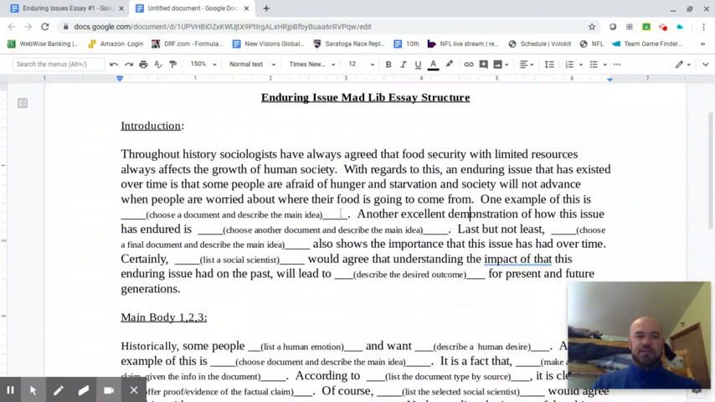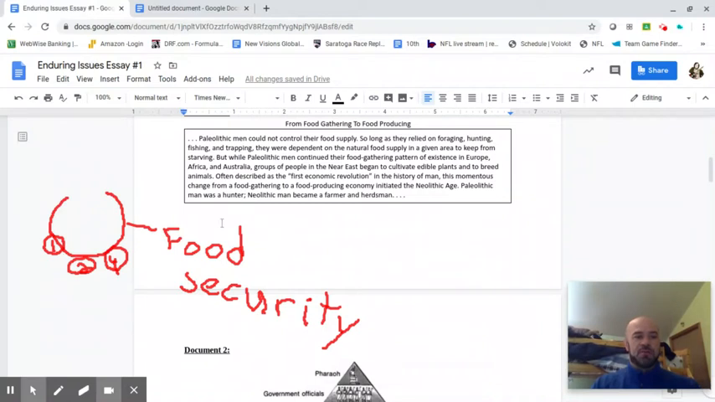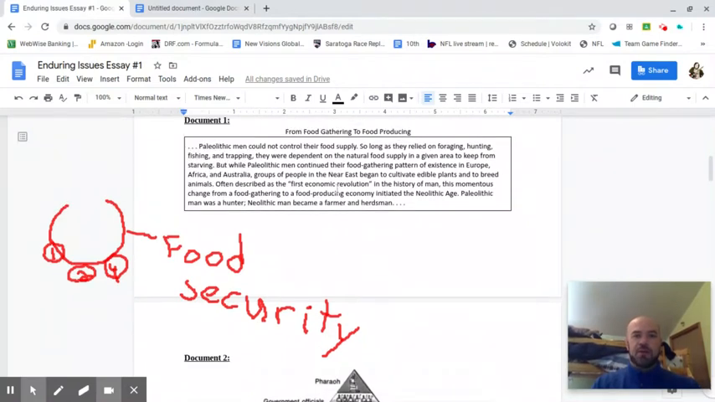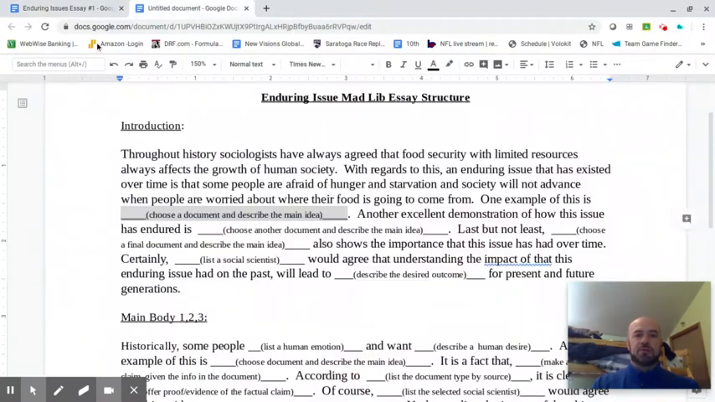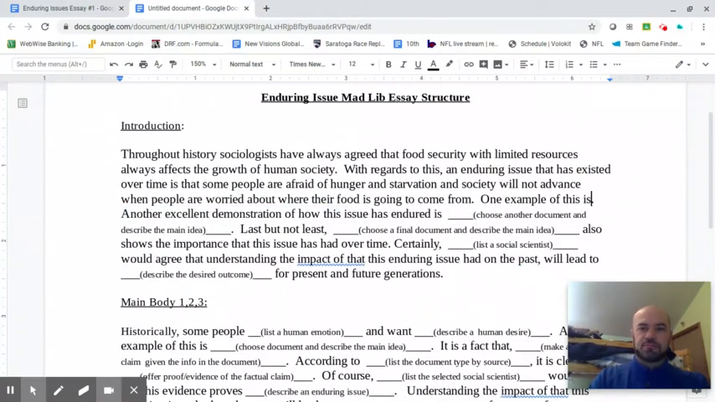One example of this is choose a document, describe a main idea. So now I'm back to our documents that we've chosen. Here's document 1. The main idea has to do with this first economic revolution in the history of man, the momentous change from being a food gatherer to a food producer. So back to my Mad Lib, one example of this is during the Neolithic Revolution,